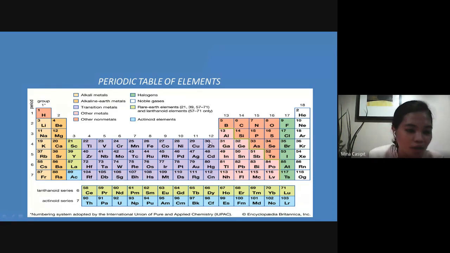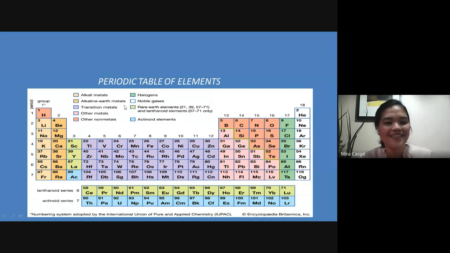So, memorize nyo ba itong lahat? 118 elements? Or can you give at least 5 elements that are present in this periodic table? Sa amin, pinapamemorize kahit 10 lang eh. How about kayo? Dapat may memorize or may alam kayong at least 5 naman lang na elements that are present in this periodic table. So, sige nga, let's have Fatima. Fatima? Sige nga. Ano yung alam mo dito sa elements na ito?